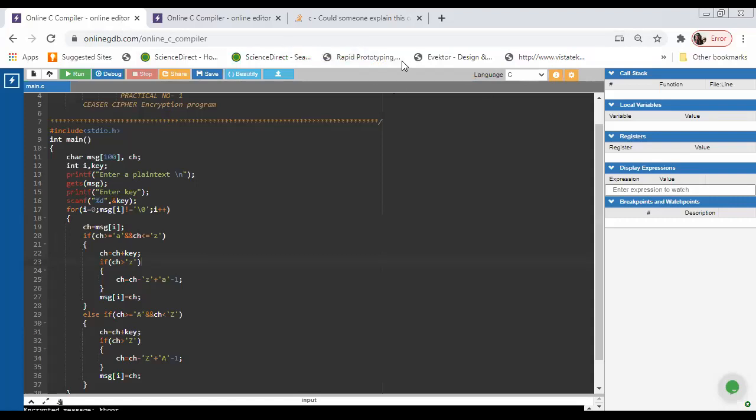Whoever finishes the program can write into the chat box.